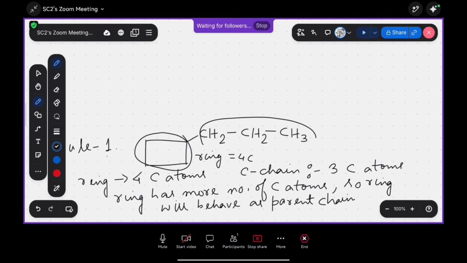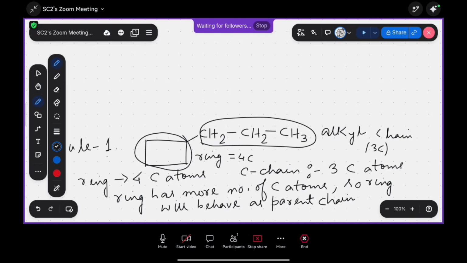Whereas this is the alkyl chain, the carbon chain attached to the ring. The alkyl chain has 3 carbon atoms. So in case you find that the alkyl chain attached to the cyclic ring has fewer carbon atoms,